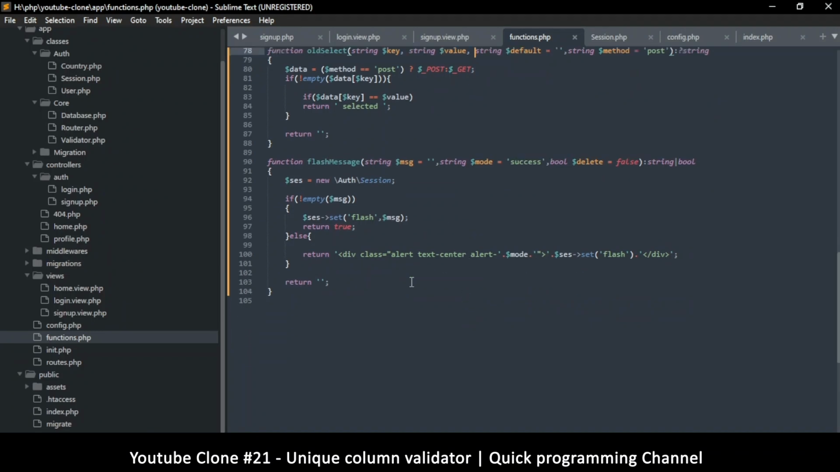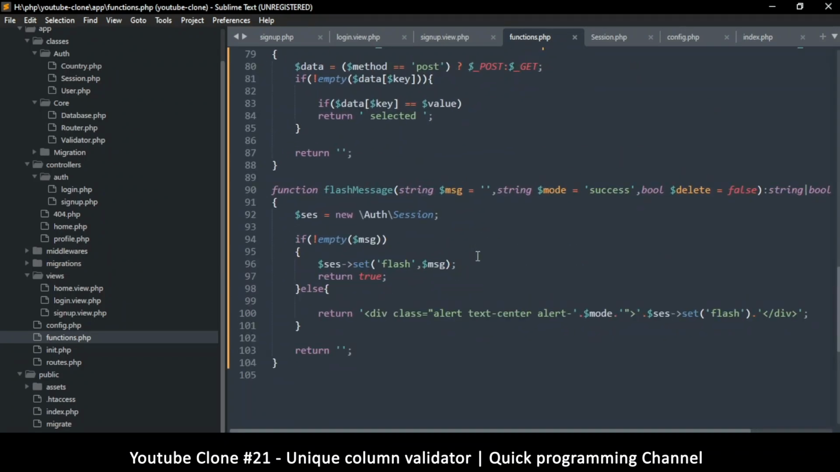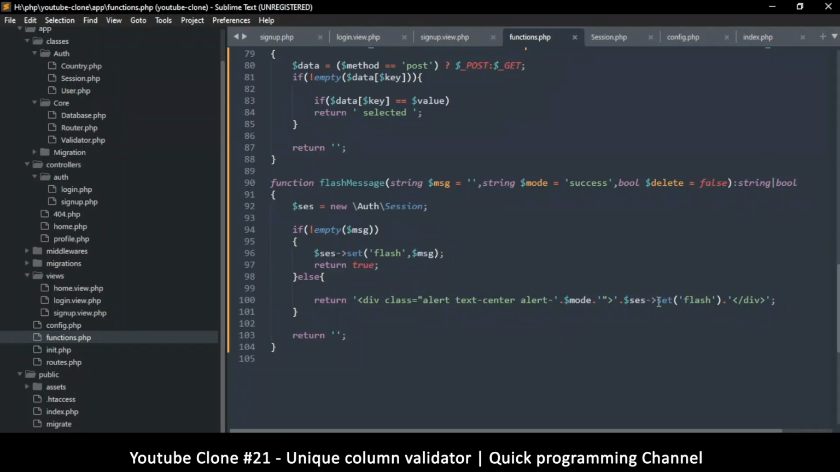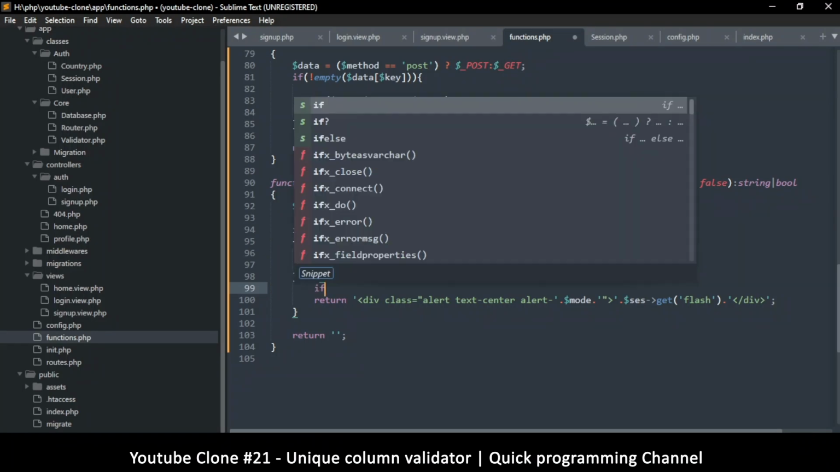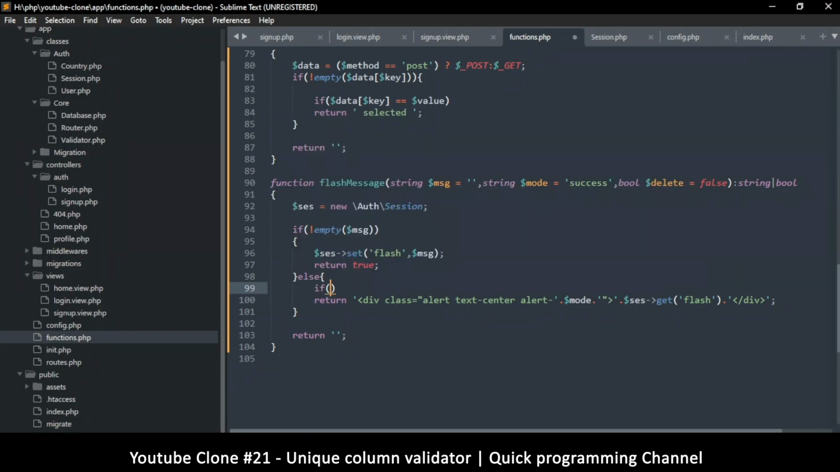Okay, so we're doing the flash message thing here. One thing I noticed is here we have to use the get instead of set, so change that over here. Okay, so we get that flash, but then if delete is equal to true, we have to check right here. So I'm gonna say if delete,